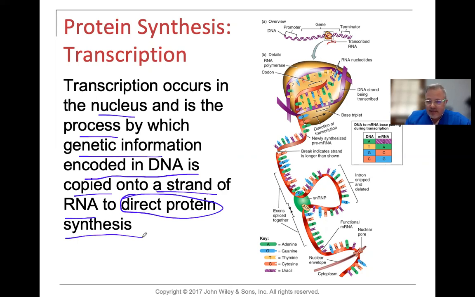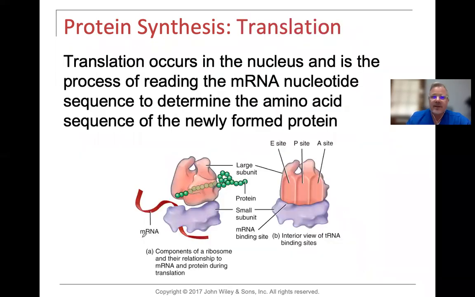The DNA has the code, it's got the instructions for what type of proteins to be made, and it's the ribosomes that are going to be doing that. But it has to translate that information. The translation occurs in the nucleus, and it's the process of reading the messenger RNA nucleotide language, right? It's a nucleotide sequence or nucleotide language